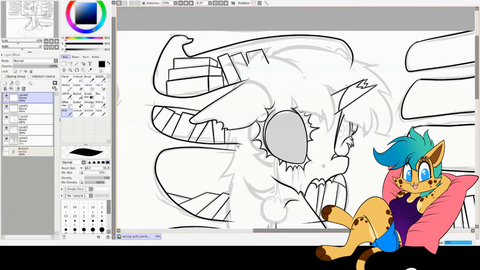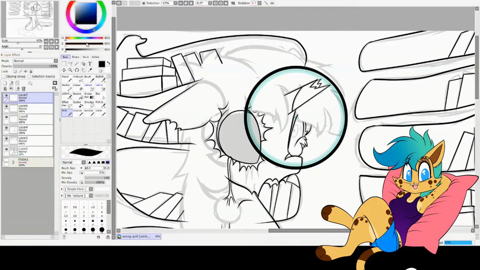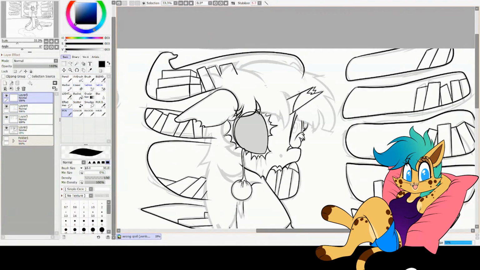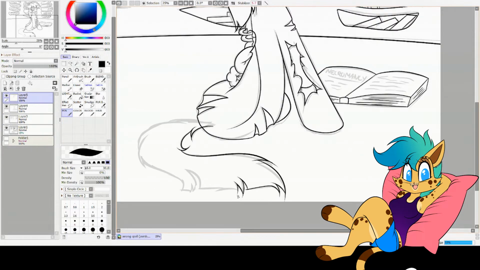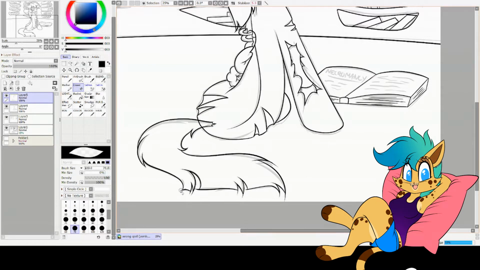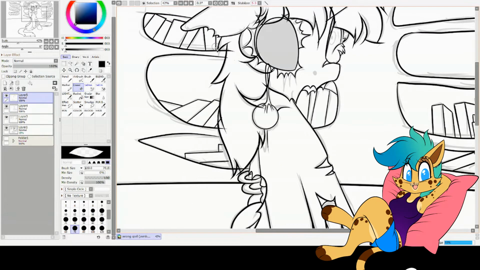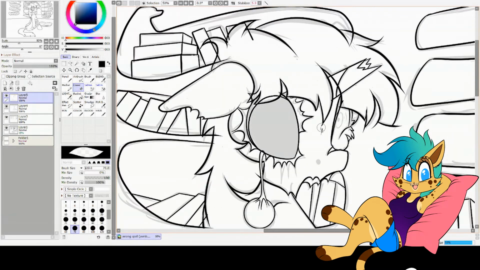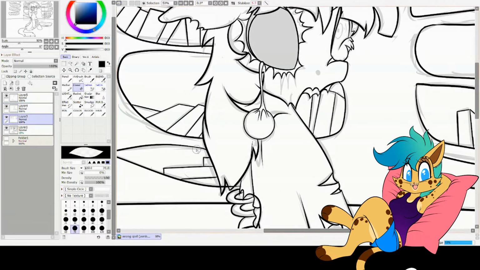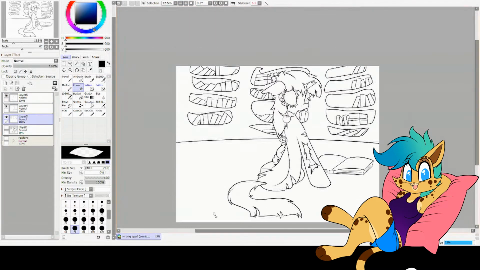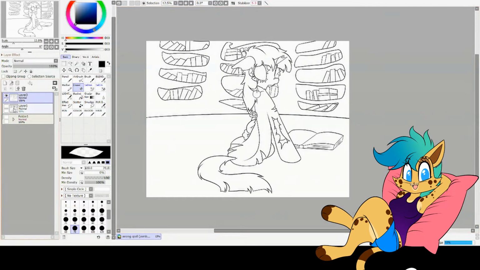about what kind of light source I want to use, which is odd because I usually do have a vague idea of what I want to do before I even start the piece so that it flows as one continuous project. But this time I really had to fiddle around with ideas in my head as I was working on it. That's why you see me fiddling with a candlestick for a little bit after I've blocked in all the